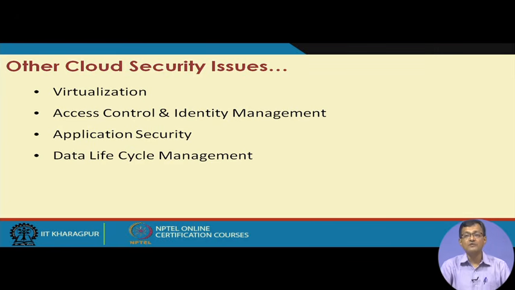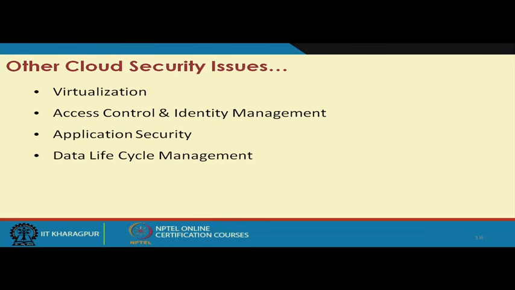So, one is the issue of virtualization. What we have seen is that virtualization is primarily done by the VMM or the hypervisor, right. So, virtualization becomes the key of cloud computing. If I have a VM, it is basically handled by the VMM. Now, if the VMM is compromised, then I am in trouble. Even if the different processes of the VM are compromised to some level, then the whole system is in trouble.